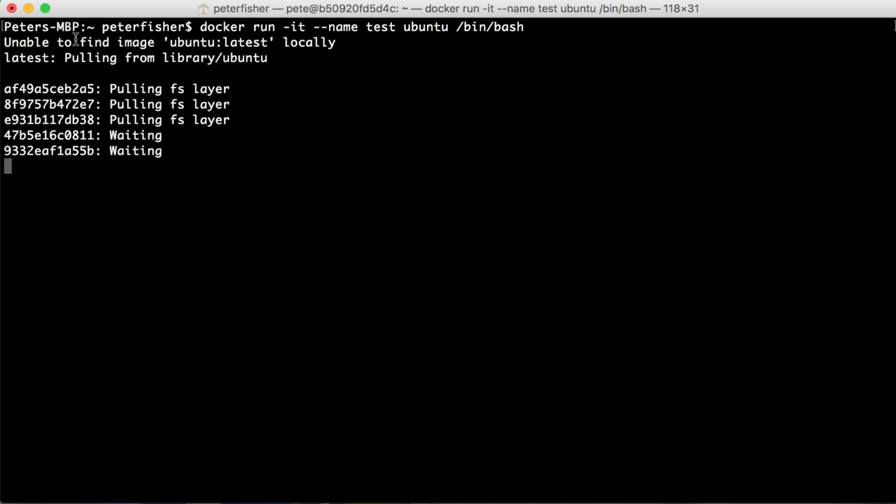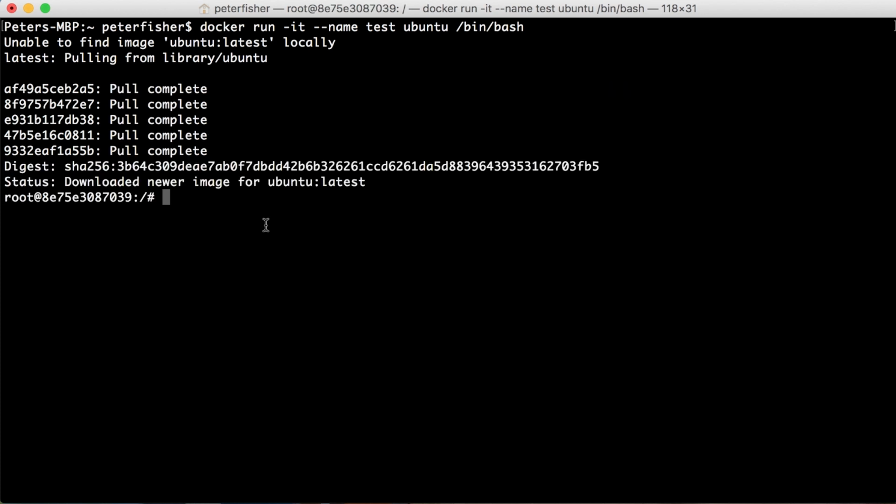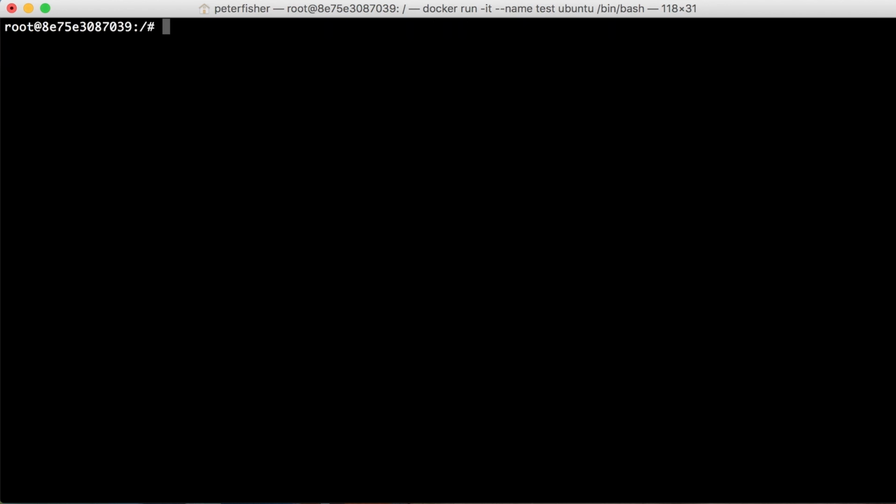So this isn't an error, it's just saying it can't find it locally as always. So then it's going to download it from the Docker registry. That's perfectly fine, completely natural. This is what's happened in the last couple of videos, but as you can see here, we're in as the root user. So what I'm going to do is just clear this down so we can get to the top,